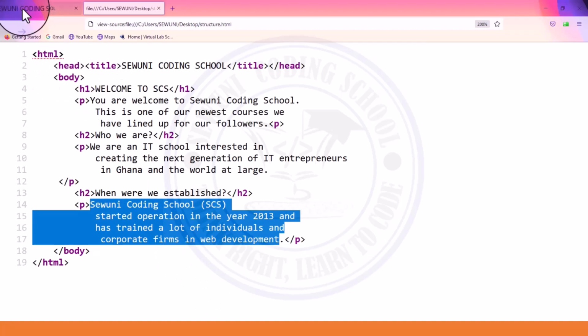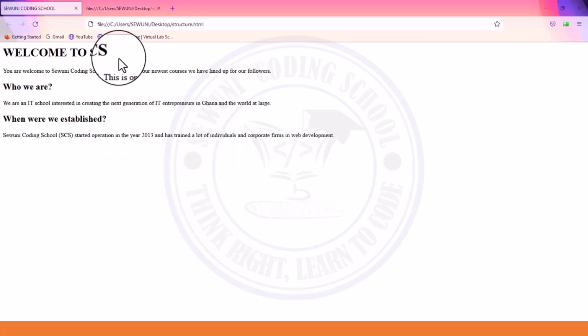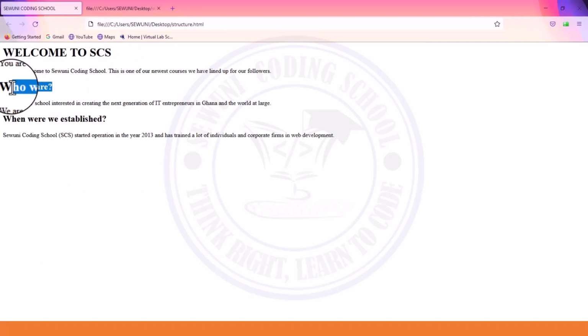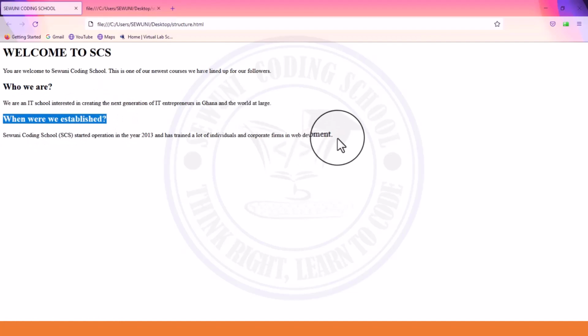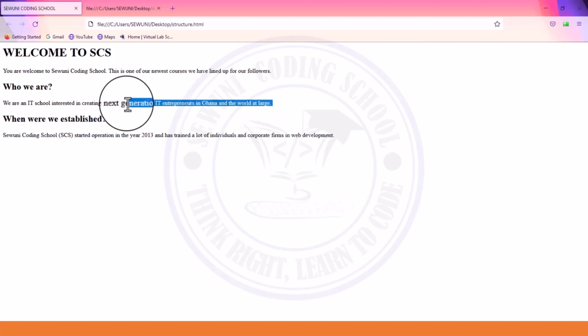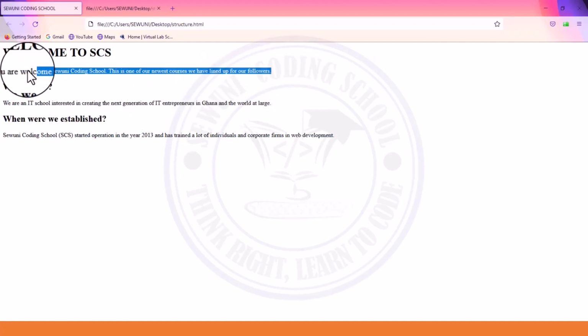The H1, as you see it here, is my first heading, the biggest, and I have an H2 here, another heading, and I have another heading. In between the headings, I have paragraphs. This is one paragraph, this is another paragraph, and that is another paragraph. And that is how you